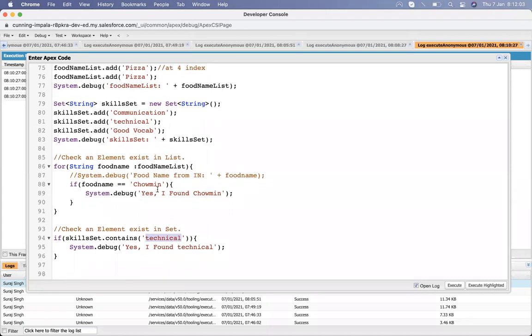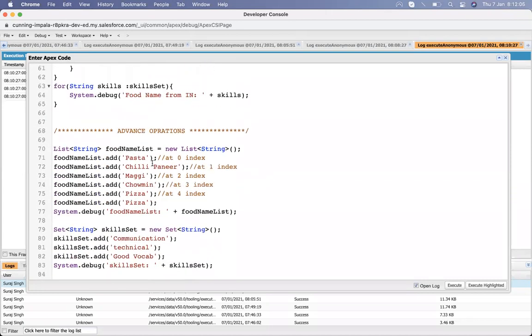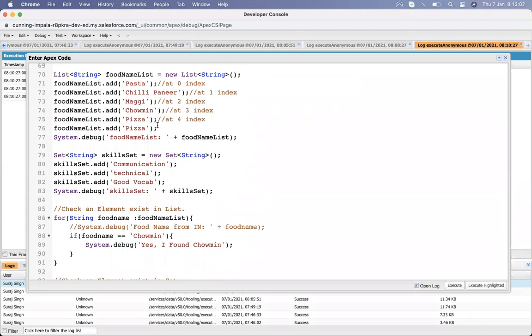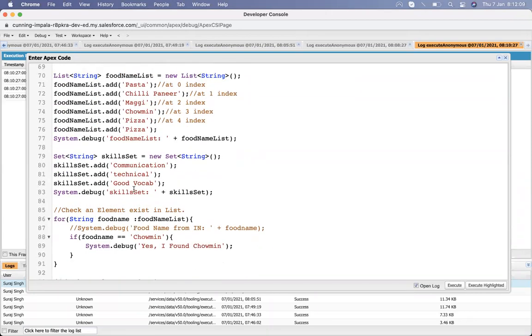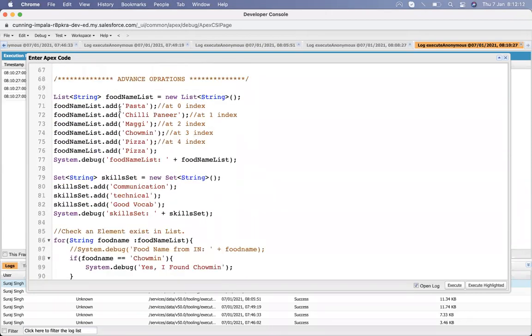And there is one more thing, it's about conversion. Suppose I need to convert this list to a set.